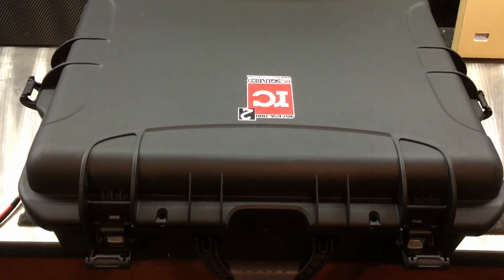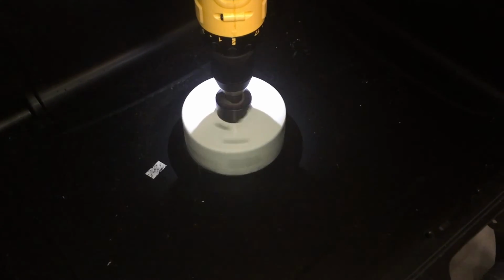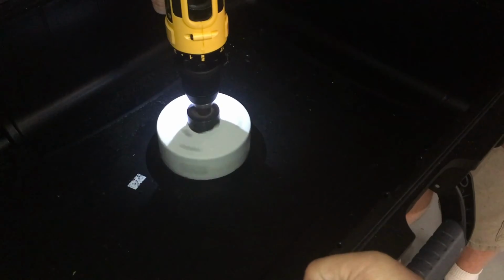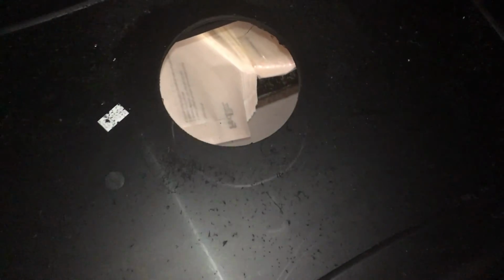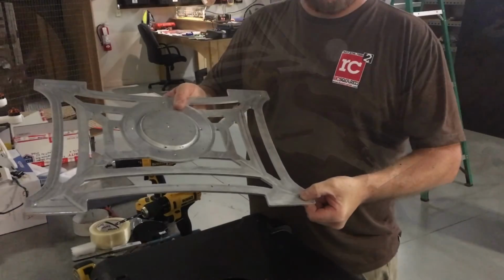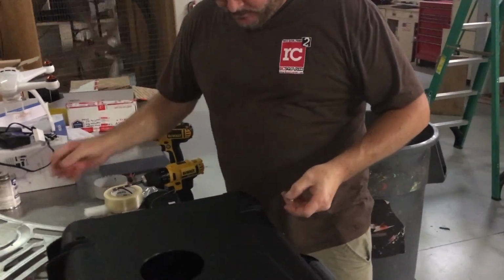I'm not sure if Nanook is going to be really tickled with what we're about to do to the case. But we're going to put a 4.5-inch hole in the bottom of this case. And what this is going to do is allow for a mounting plate for the tripod. Nice. So now that we have our aluminum plate all drilled and tapped, we use that as an alignment guide